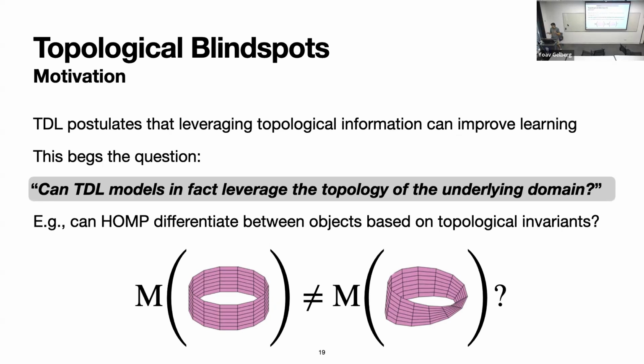as in the GNN literature, the main framework is again message passing. And if we go back to the topological, the premise of topological deep learning is we want to integrate this topological information in the hope that it's going to lead to better models. Now, in order for that to be the case, we first need to make sure that our current models, that is the message passing models, are actually able to capture the topology,